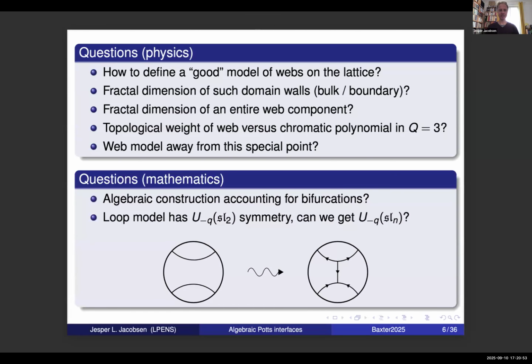In mathematics, there is something around that is called U_q(sl_N) symmetry. So the usual loop model has a U_q(sl_2) symmetry, and this algebra is commuting with the Temperley-Lieb algebra. So inside a small disk, the Temperley-Lieb algebra means contract two pieces of loops as shown on the left picture and do the same on the top part of the picture.